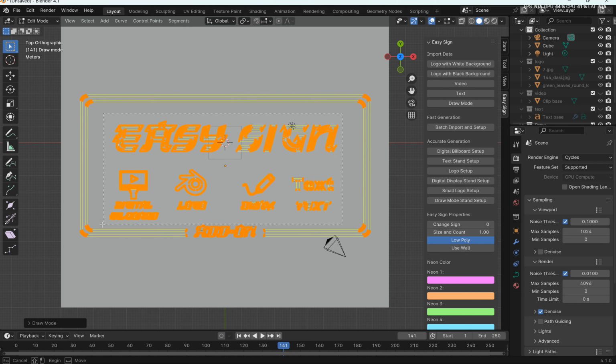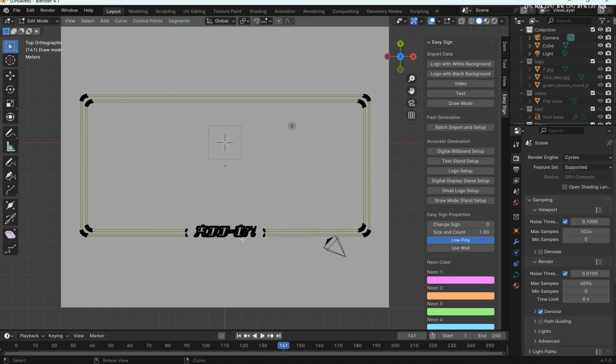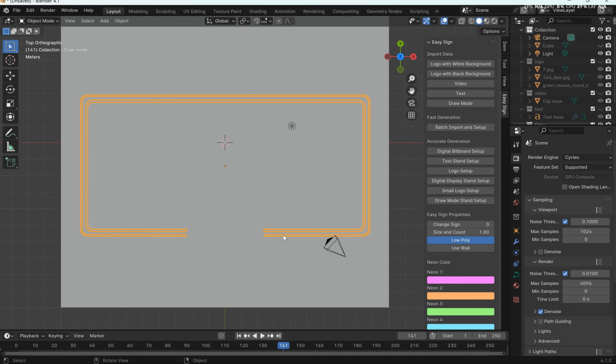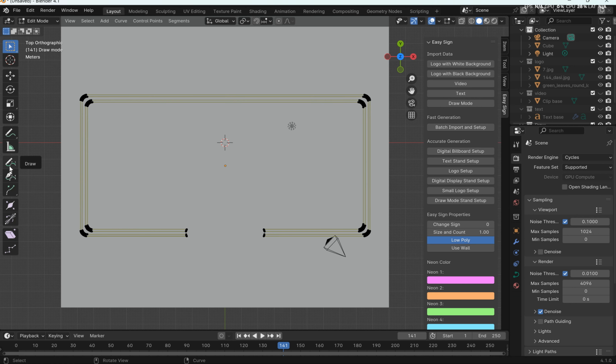You can use this plane as a board to draw on. One quick tip in here is that you can keep this frame. It will get a nice result for you, and delete the rest. Let me just delete it,